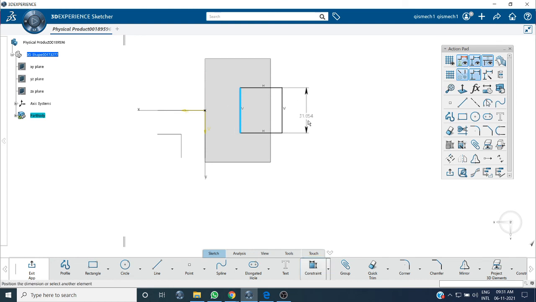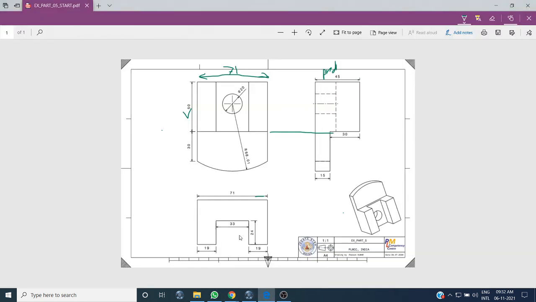This one is 33 and it is in the middle, so I will give that middle distance 33 by 2, and this horizontal distance is 24.